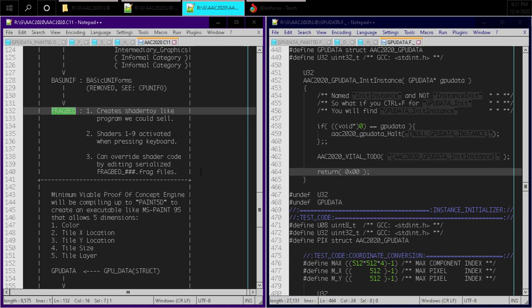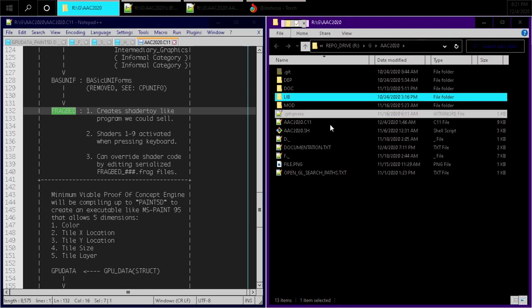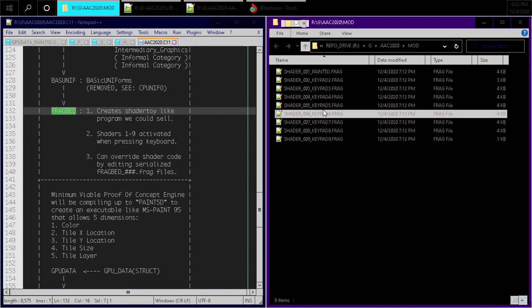And what this enables you to do is mod the game we're working on, because all of the shaders are going to be dumped into a mod folder. So if we look at this, because we already have it, if you run the executable, it creates this mod folder, and inside this mod folder, we have all of the different default